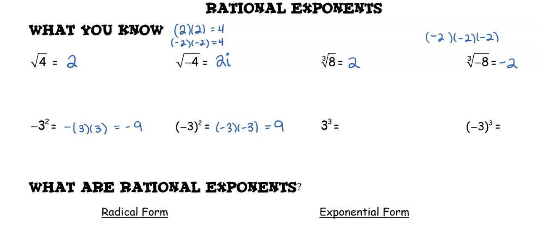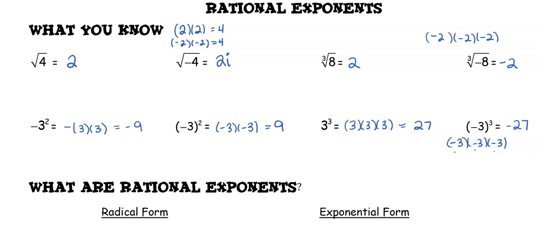So again, looking at that positive-negative relationship, if I have an even number of negatives, my answer becomes positive. Well, this is just 3 times 3 times 3, which is 27. My negative is in parentheses, so this is giving me that negative 3 cubed. I have an odd number of negatives, so my answer is going to be negative. That's the idea that you need to be familiar with and comfortable with to understand what these rational